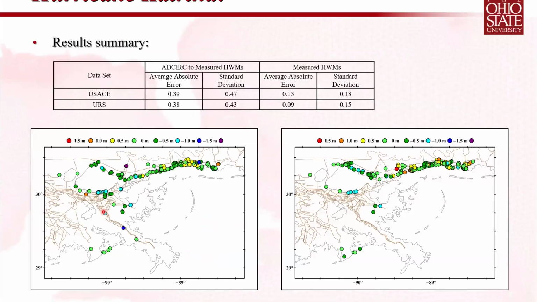And we can take all those recorded high water marks and compare them to what we got at those locations with our model. Here I'm just showing some results from high water marks, where the colors indicate the level of error. Roughly speaking, greens and yellows we're doing pretty well, so that's within plus or minus half a meter. If we quantify that a little more, we found that about 75% of the high water marks were within half a meter, and the average error was about 0.39 meters.